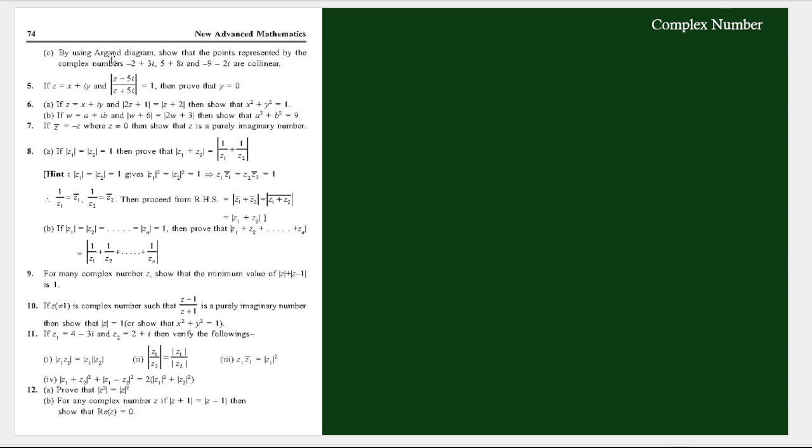Okay, see, by using a diagram so that these points are collinear. Okay, same whether they're a straight line or not. We'll proceed to